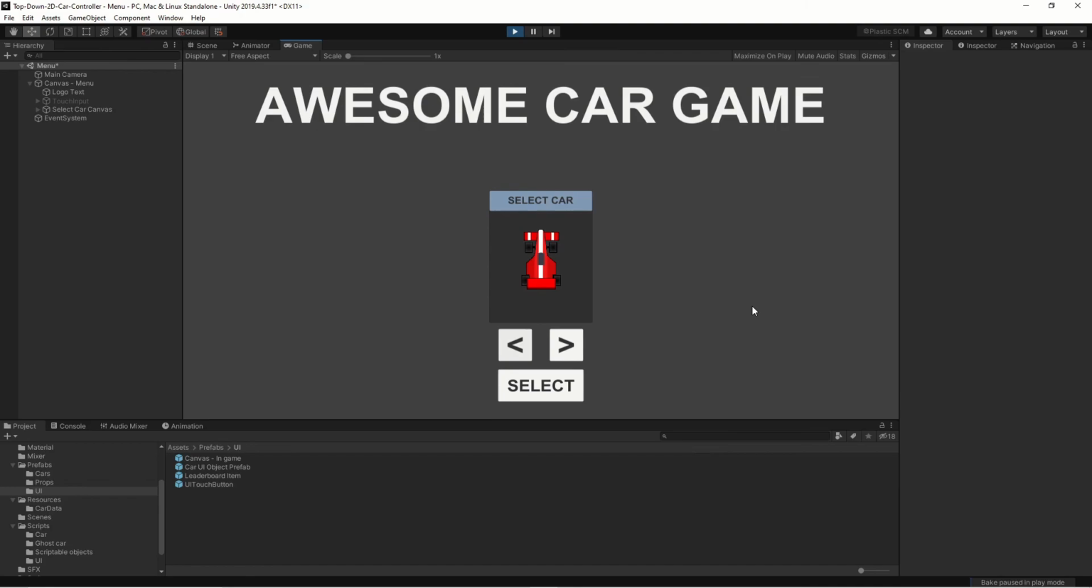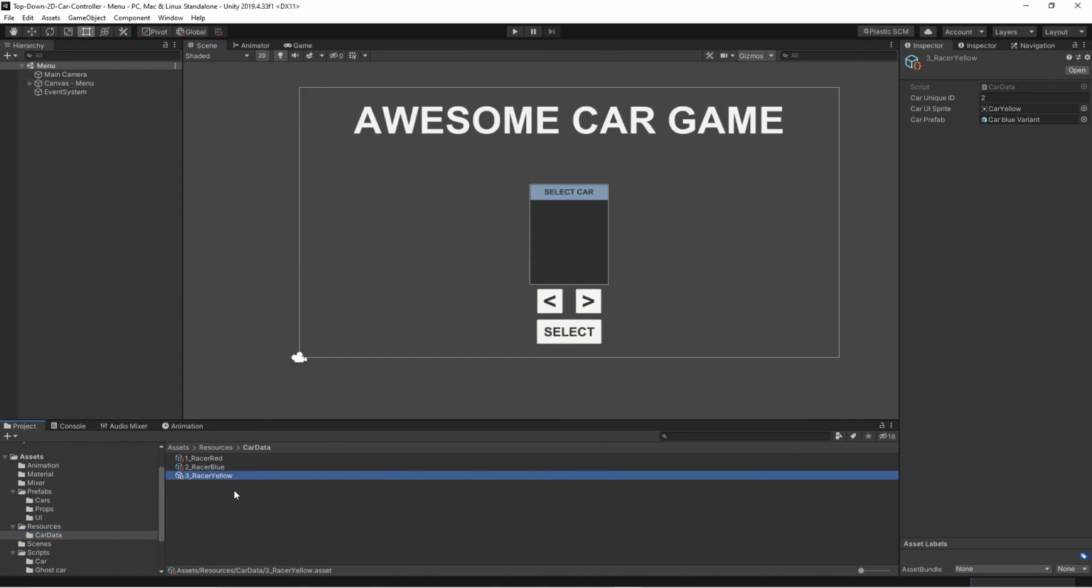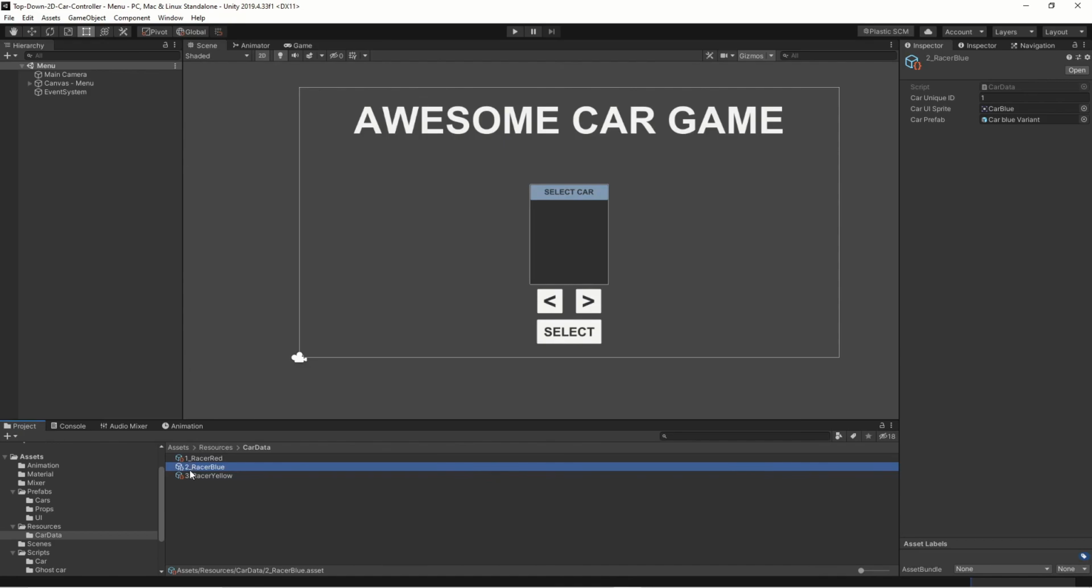So this concludes today's session, and now you have the ability to add your own cars, and to add more car data, and to customize them, and to select them and run them on levels. So now we've gone through how you can add multiple cars, switch them, and use scriptable objects to enhance your cars with additional data. So I'll just want to show one last thing, and that is I've added a third racing car, a Racer Yellow, and the reason why I have added this one in front of it is because